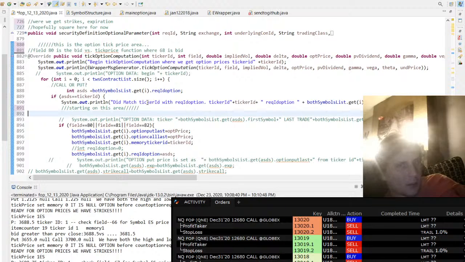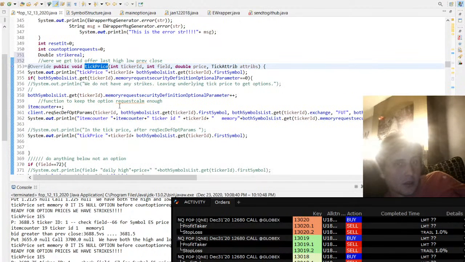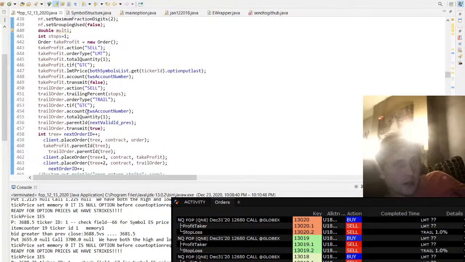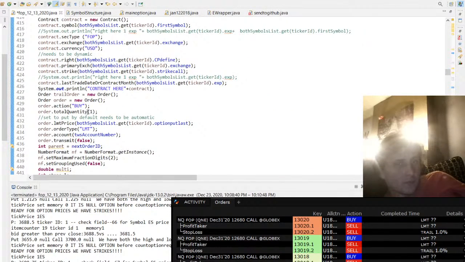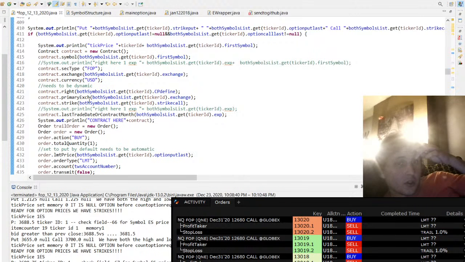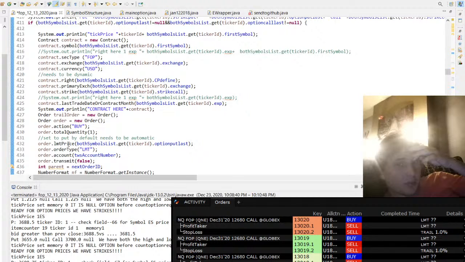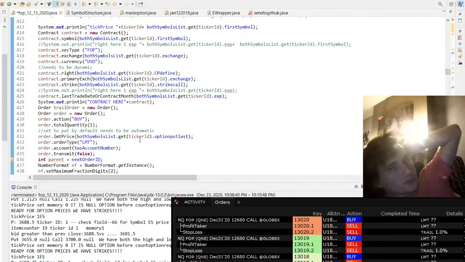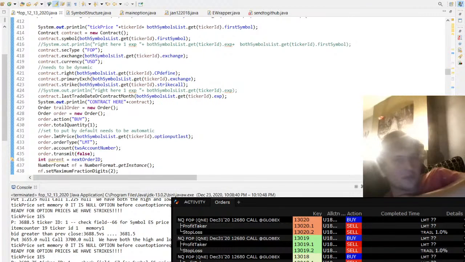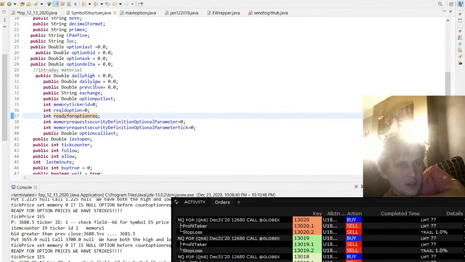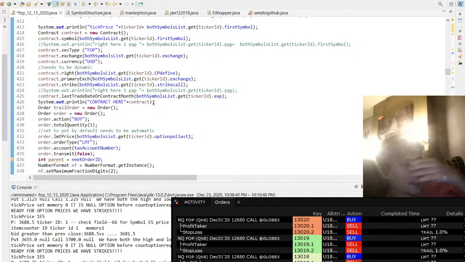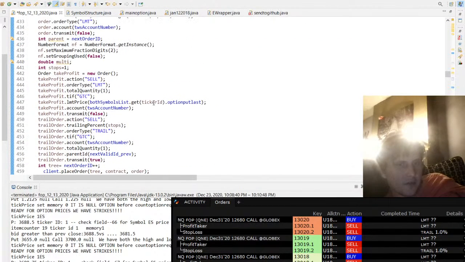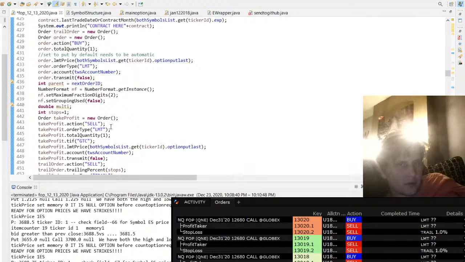Maybe ticker ID. So what we need to see is in tick price what the order is coming in as. The price is price, limit price, option put last. Yeah, so we're just doing option put last. Let's see what symbol structure we have. Option last. We're going to use option last instead of that, so we're going to do,